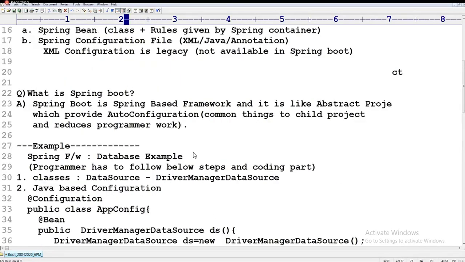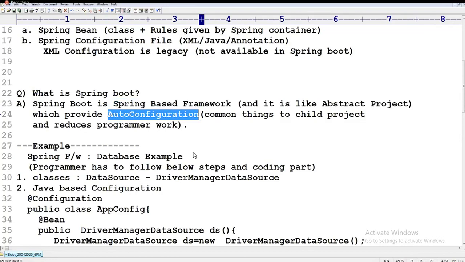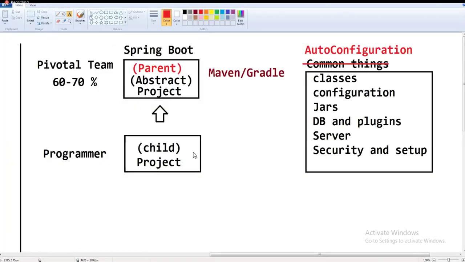Repeating again, what is Spring Boot? Spring Boot is a Spring based framework only, and it is like an abstract project, not exactly an abstract project, just for your understanding, which provides auto configuration. What is auto configuration? The programmer doesn't write complete code. Some code is already provided by a company called the Pivotal team.